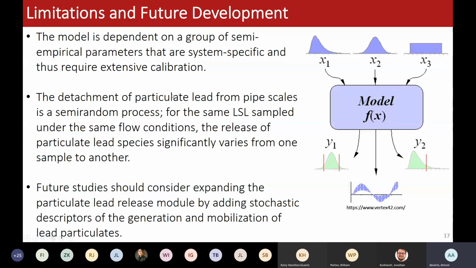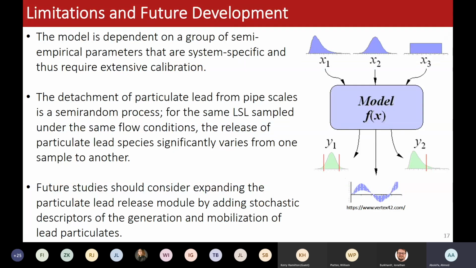So this concludes my presentation today. I wanted to touch on some of the limitations and plans for future development. If you remember, perhaps the most significant limitation of this work is that the way we modeled the particulate lead release was based on a deterministic description, but we could actually see that there was a huge variability in the release of particulate lead species,